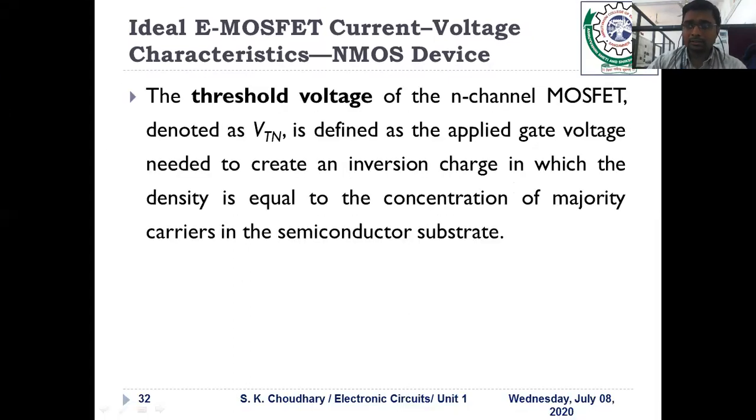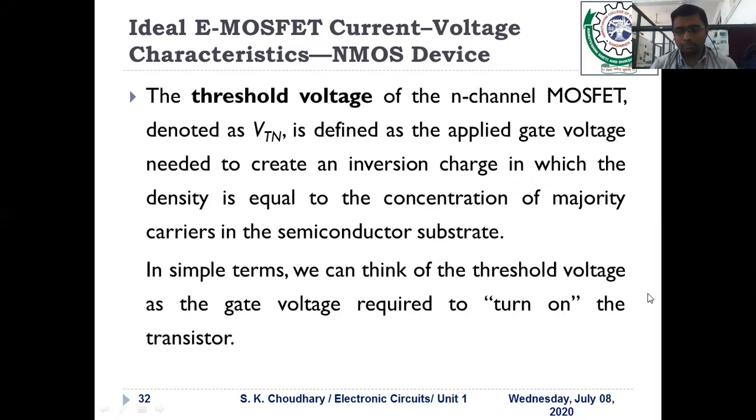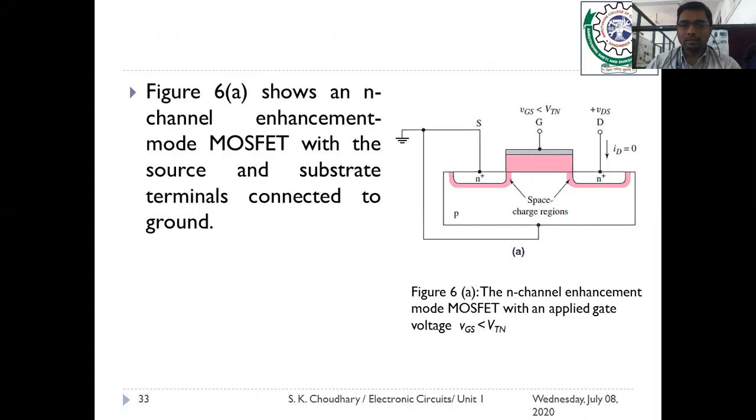Here we have discussed the threshold voltage. We have defined the threshold voltage, that is the minimum gate to source voltage required to turn on the transistor. We have also seen the relationship between the gate to source voltage and threshold voltage, and the conditions of gate to source voltage related to threshold voltage so that your transistor would be turned on or turned off.